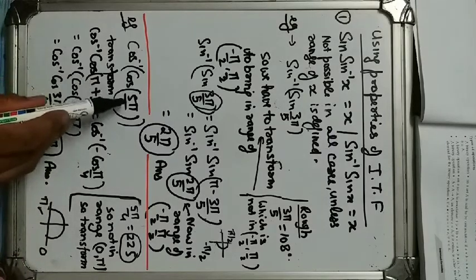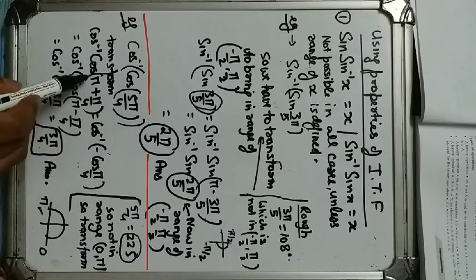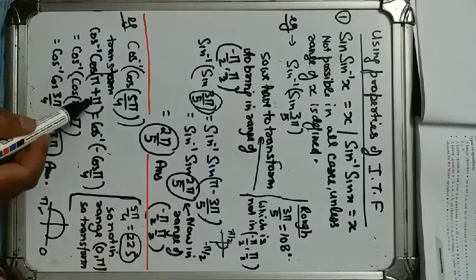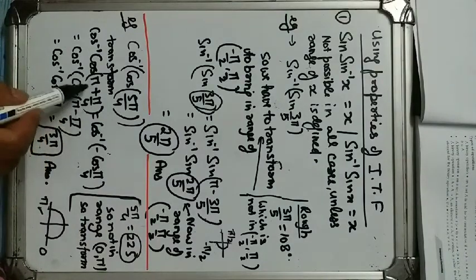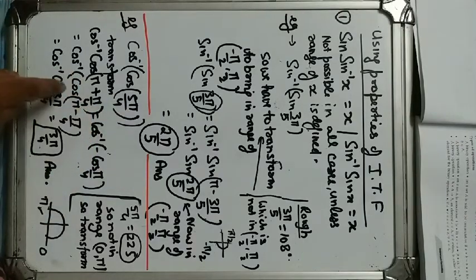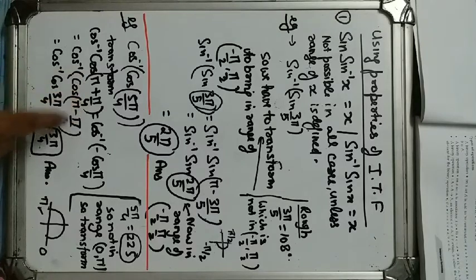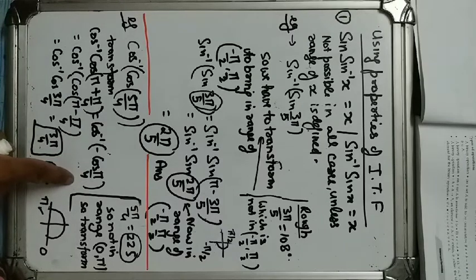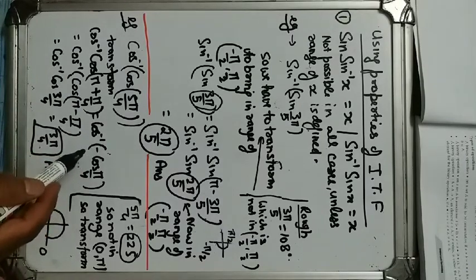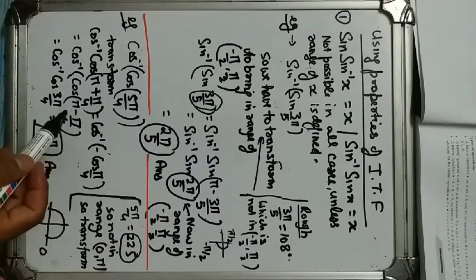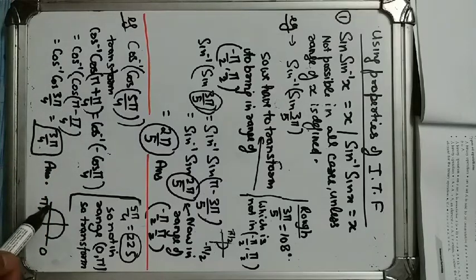So what we have done, we have to split this value in the form of pi plus theta or pi minus theta, as we have done here with pi minus theta. It is pi plus pi by 4, again taking LCM it becomes 5 pi by 4. So there is no harm in splitting in this form. So this is pi plus theta, cos of 180 plus theta, in the third quadrant is minus cos of pi by 4. Again this is negative, we have to remove this negative. So for that, again split the value as pi minus pi by 4. Pi minus pi by 4 is in the second quadrant, where cos is again negative.